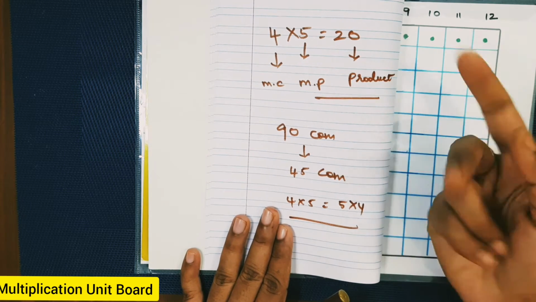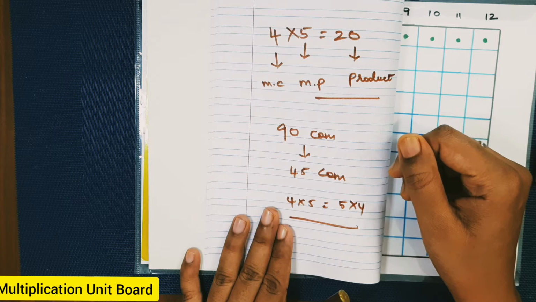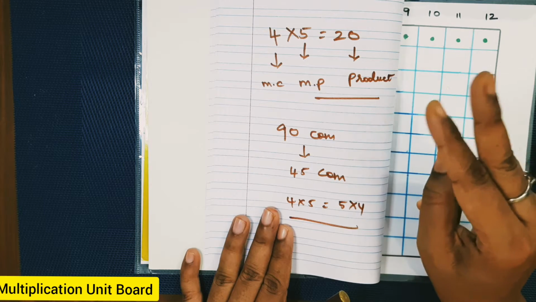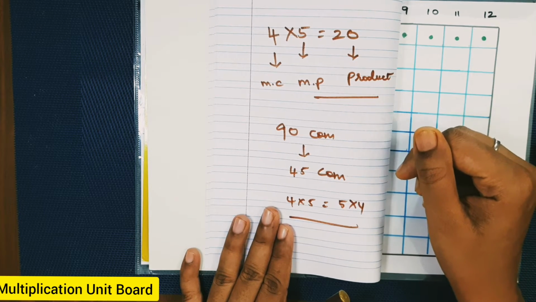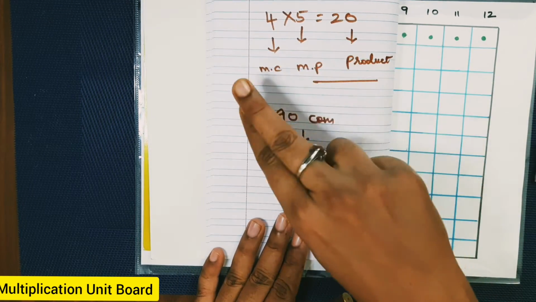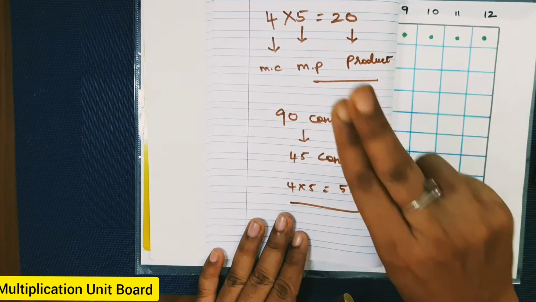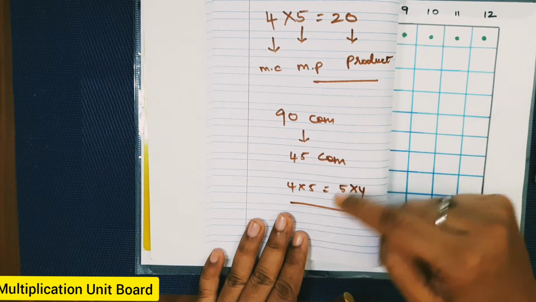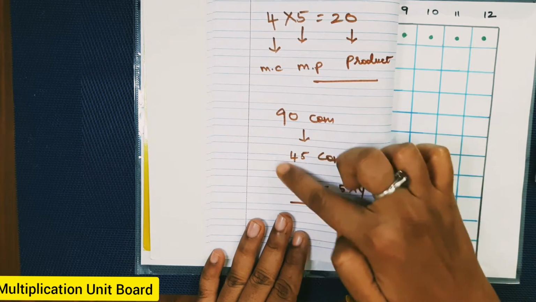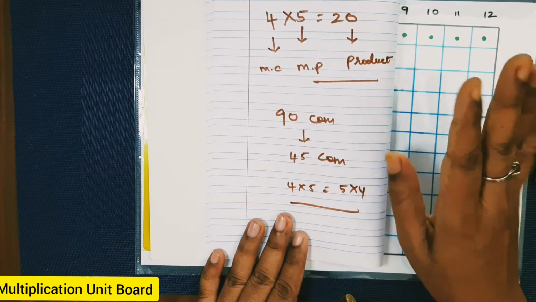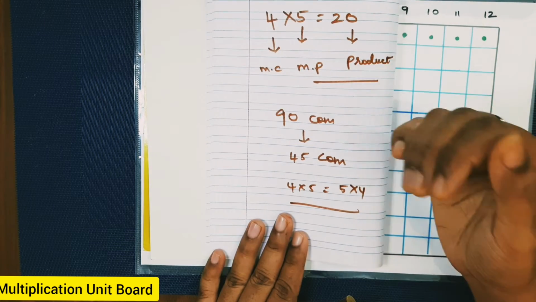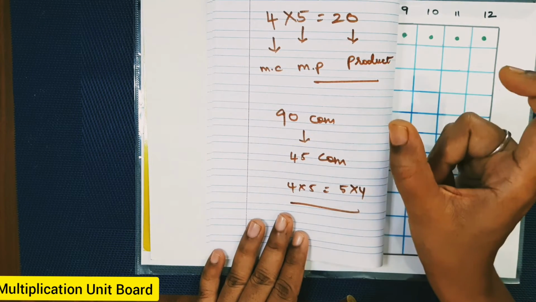One to introduce the concept of multiplication, and the second video is for the multiplication full chart, which helps the child to memorize the basic combinations and their results. There are 90 combinations, but the property of multiplication is that multiplicand into multiplier is the same as multiplier into multiplicand, which is nothing but 4 into 5 is the same as 5 into 4. So out of these 90 combinations, if the child memorizes 45 combinations, it's enough for the child to do any problem.